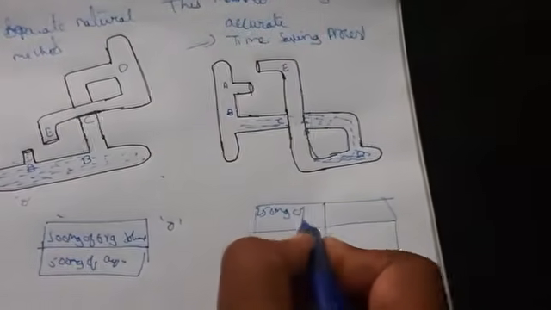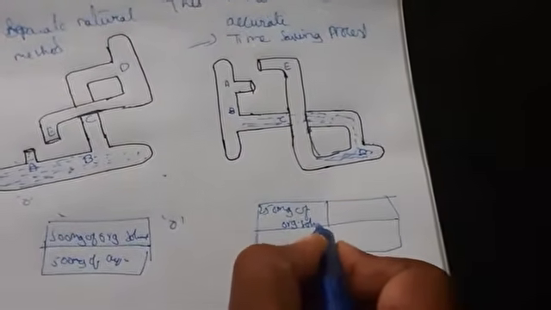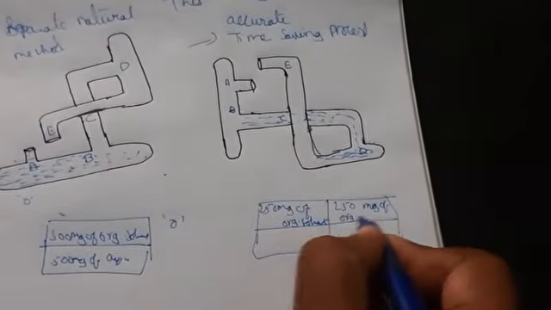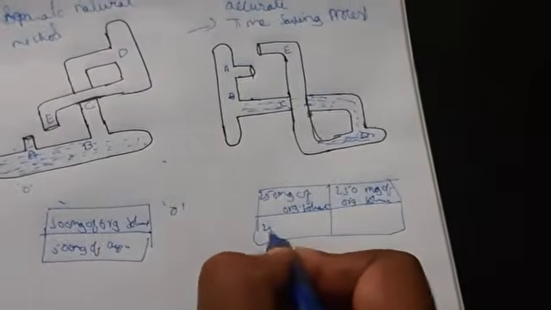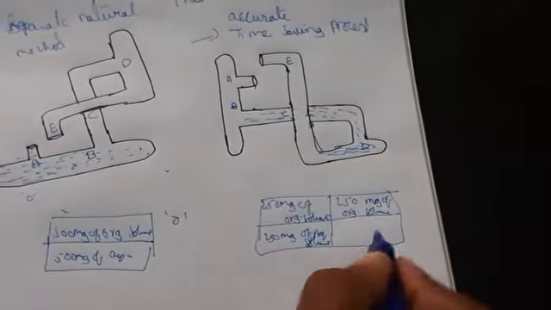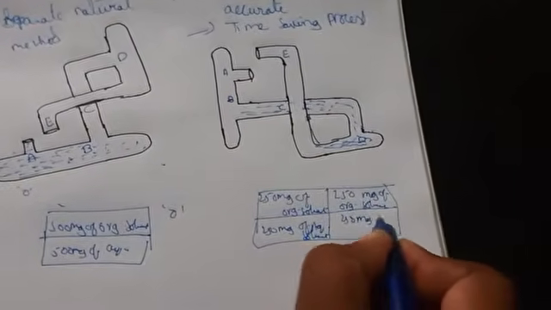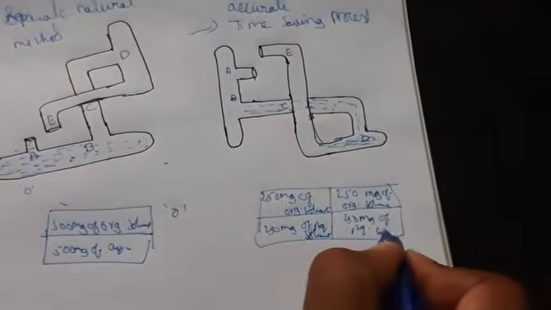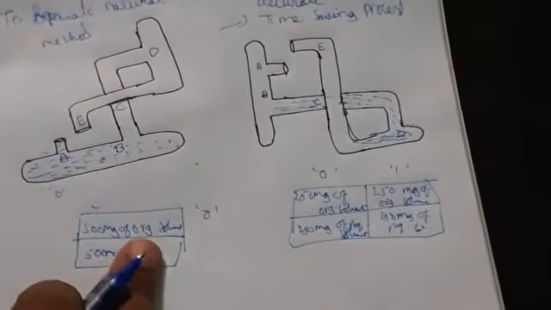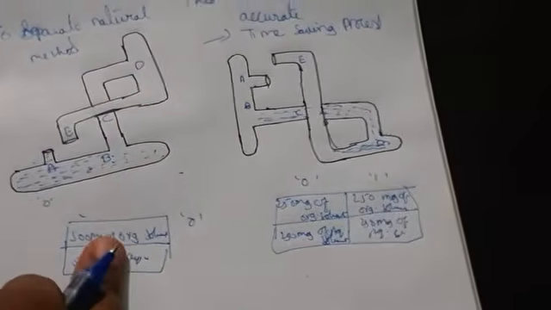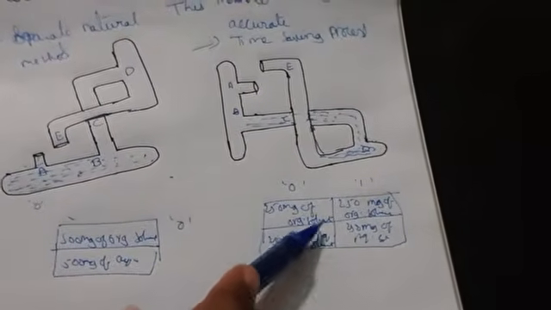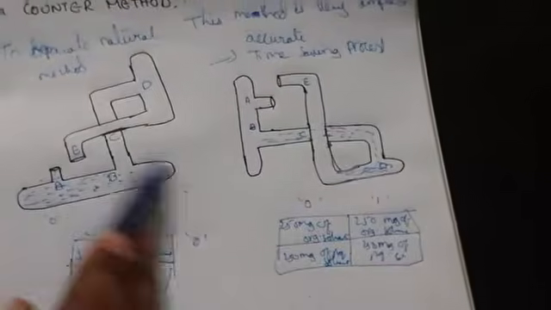250 milligrams of organic solvent and 250 milligrams of aqueous solvent. So this is funnel 0, this is funnel 1. So here what I had in 1000 ml, from this 1000 ml, from 500 ml what happens, 250 milligrams of organic solvent, which is in first position A and B.